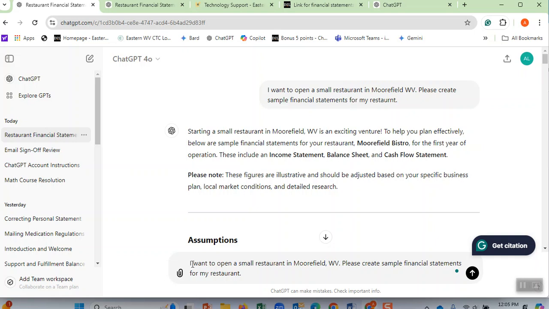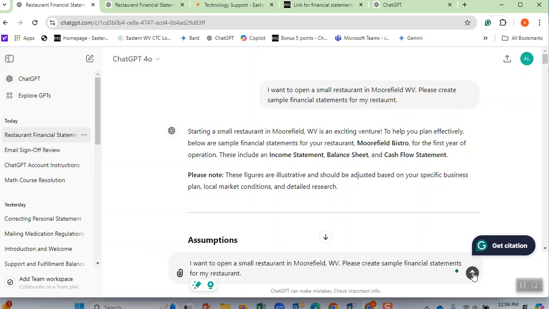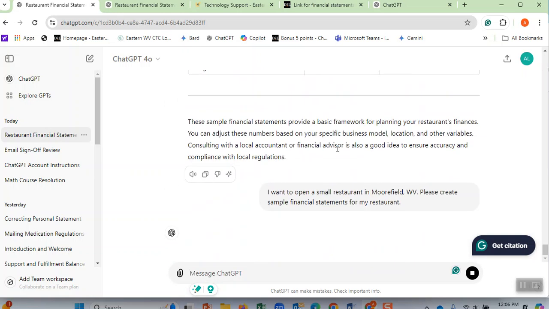Here is my, they call it prompt. Here is my request to ChatGPT. After you create a ChatGPT account, you come here and type that you want to open a gun shop, you have $5,000, you want to open it in Hampshire County. Please create a financial statement for me. And then after you do that, you click here, and then ChatGPT will create this